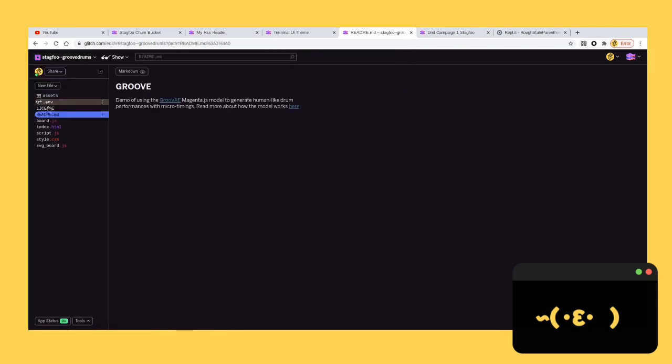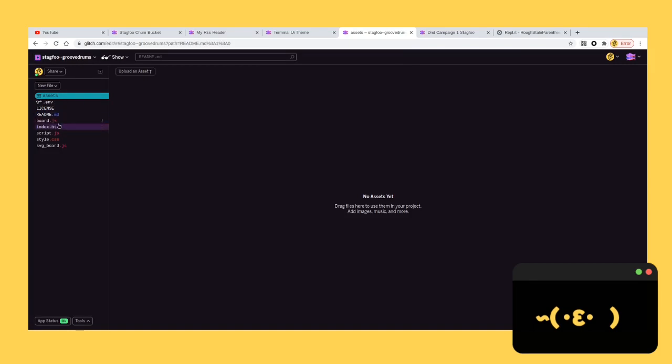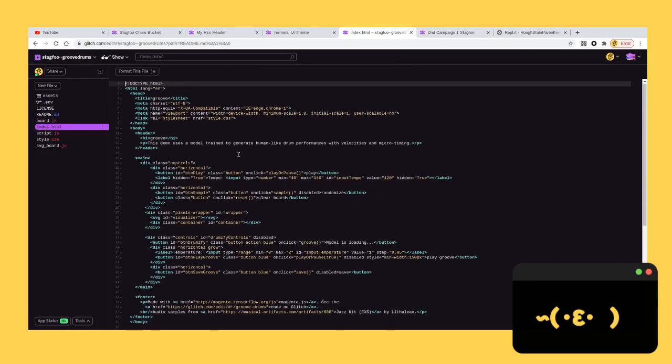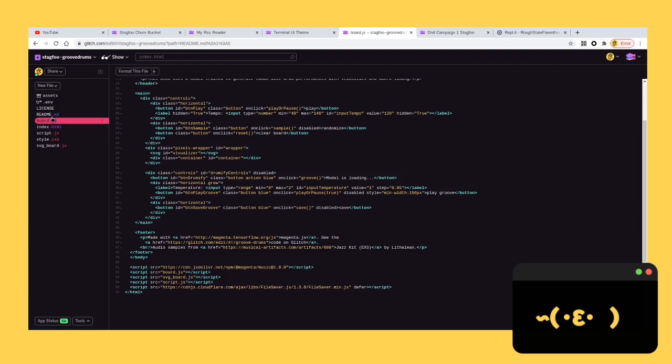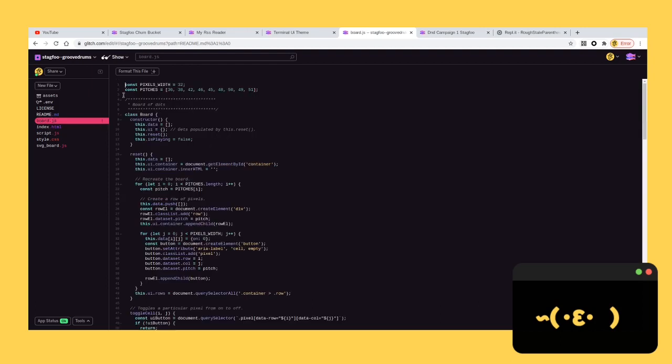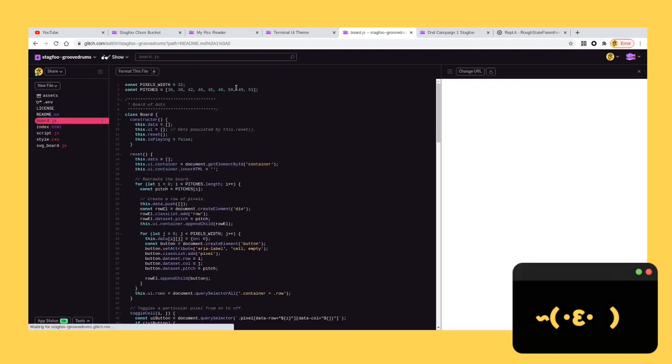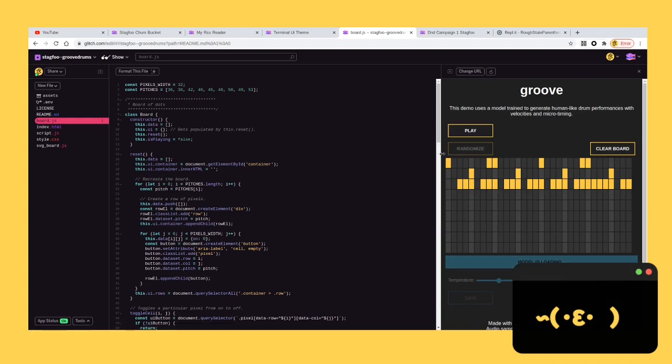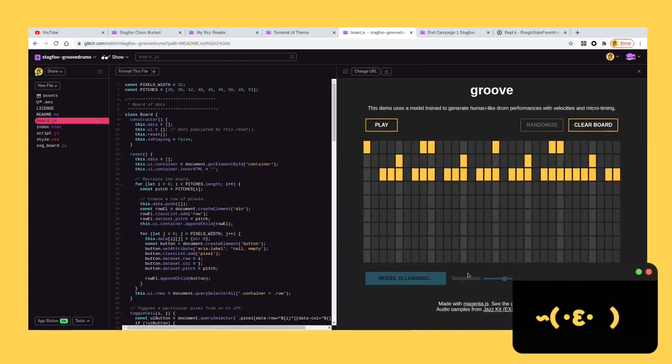Nice. So we've got the HTML here and the JavaScript for doing the different boards. To do a preview, you can do side-by-side preview. Module is loading, and then we got our little